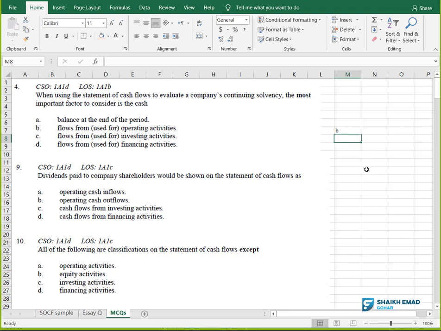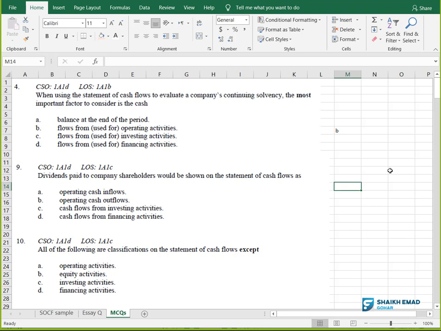But your ability, whether you can pay your financing or not, hearing it? I mean, you took a loan. Are you able to repay this loan or not in future? So which activity will tell you about it? Your operations. Are you generating enough cash flow from operations to sustain your financing needs or not? I hope you are getting my point. Are you generating enough cash flow from your operations to sustain your long-term paying ability or not? So that's why B is the answer. I hope you people got the point.